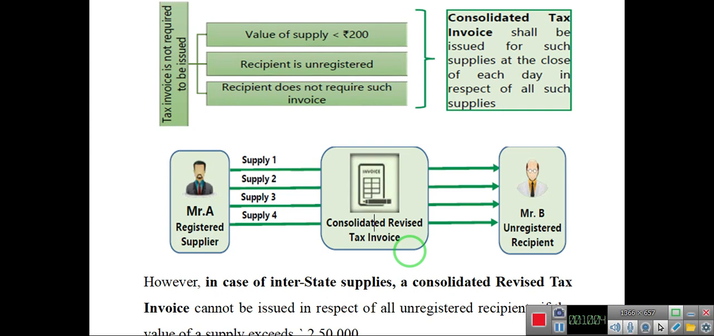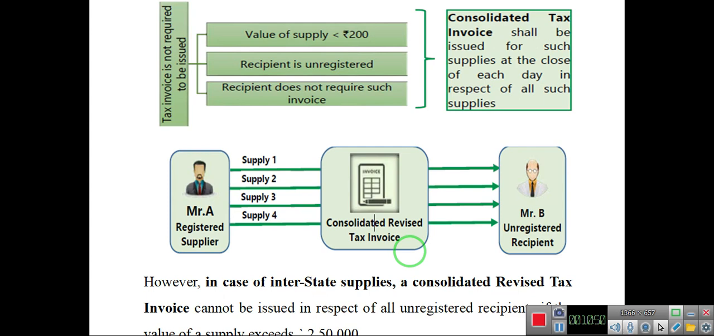Another type of tax invoice is consolidated tax invoice. When can a consolidated tax invoice be issued? When the taxable value of supply is less than 200 rupees, or the recipient is an unregistered person, or the recipient does not require such invoice. In such conditions, the supplier can issue a consolidated tax invoice at the end of each day in respect of all such supplies. For example, Mr. A, registered supplier, supplied goods to Mr. B, unregistered recipient,